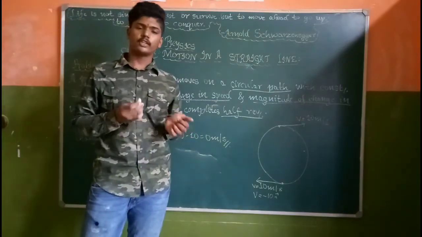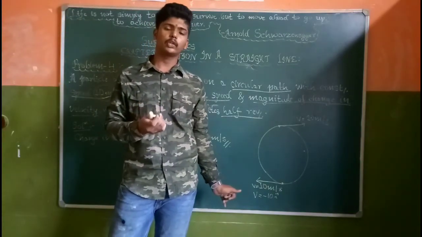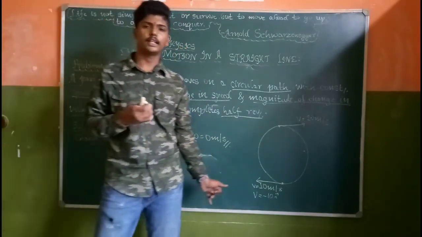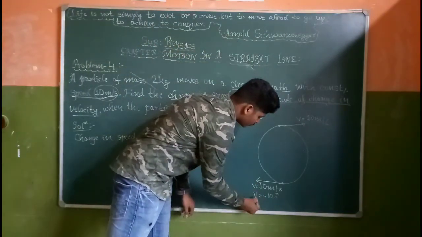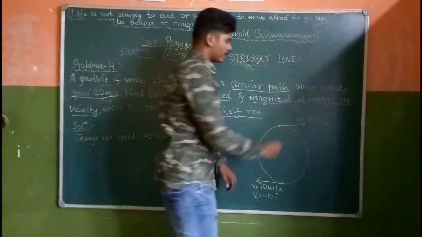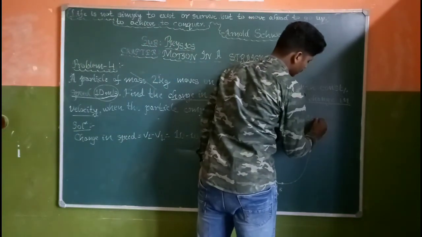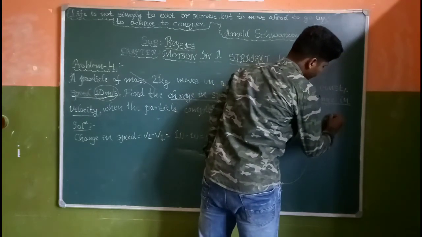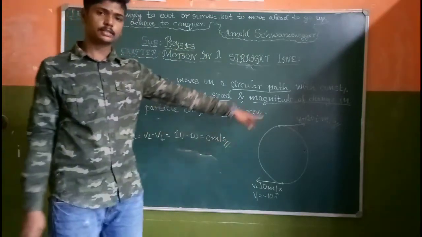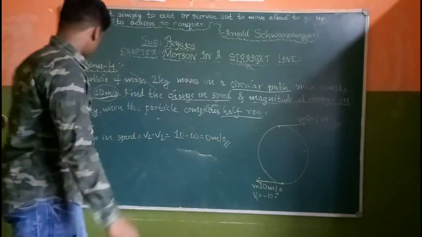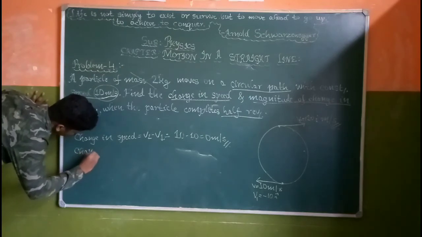or any form which you want. So the best way to represent velocity is in the vector form. So I mentioned V1 to be minus 10 i cap. So V2 is plus 10 i cap meter per second. Okay. So the change in velocity is